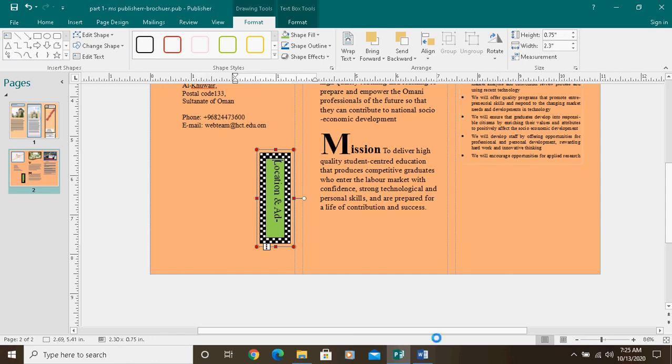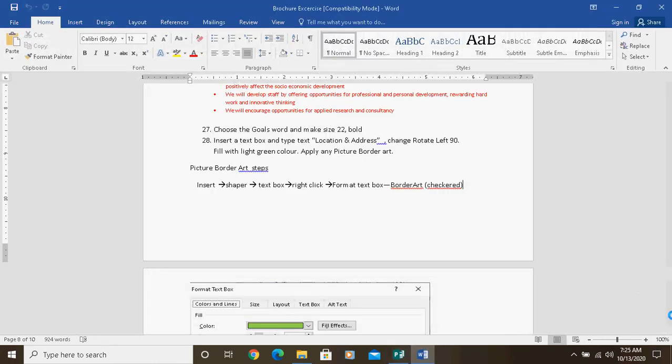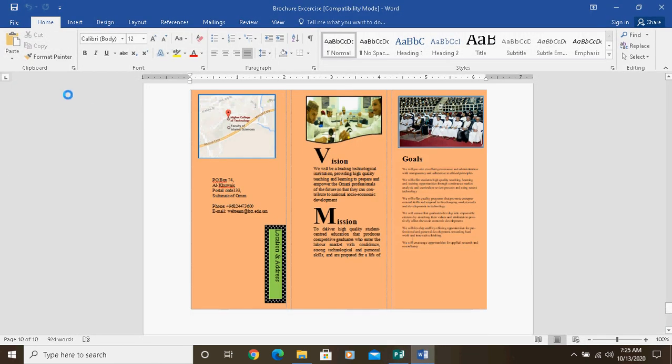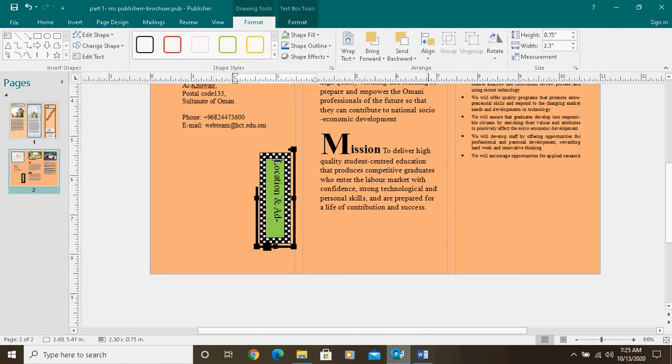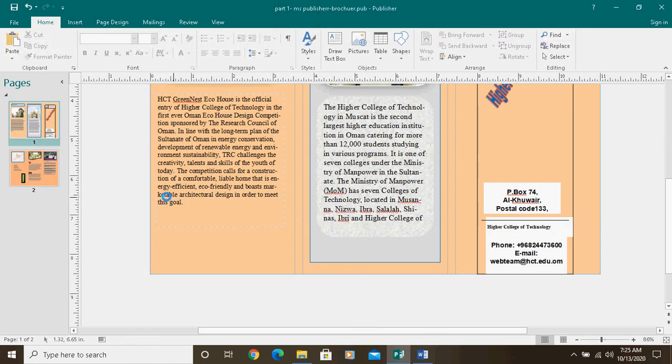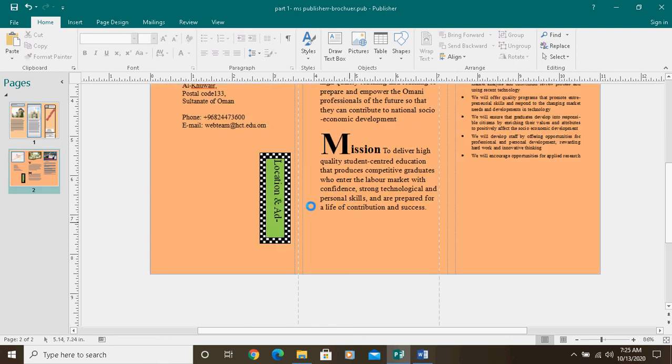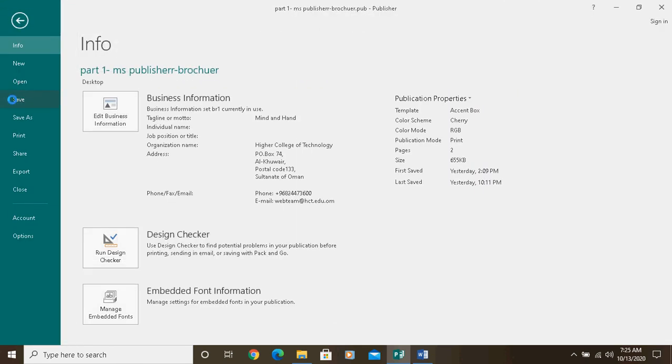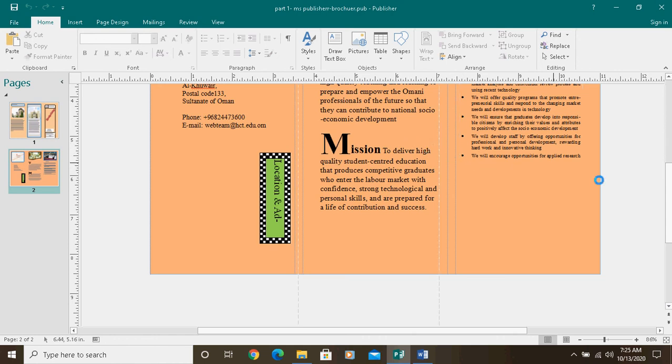So now we completed our exercise. This is the last point of the exercise. I think we completed it completely. So this is our page 1. This is our page 2. Can you see? Now we'll save the file once again. That's all. End of the